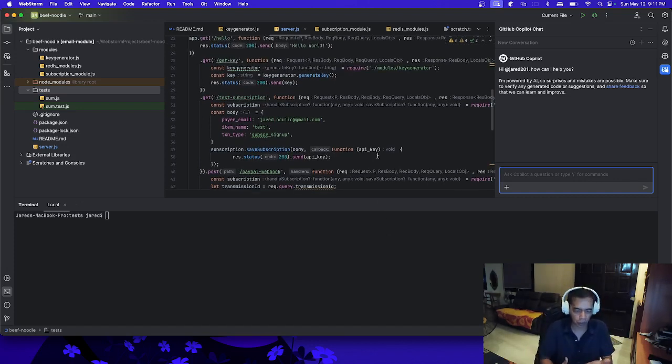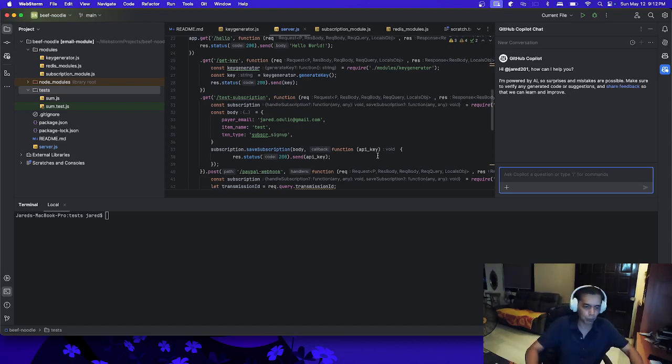Basically it's going to give us an API key if a subscription is successful. If it's not, due to a connection error or anything else, it's not going to give us an API key. Rather, it's going to give us an error message.